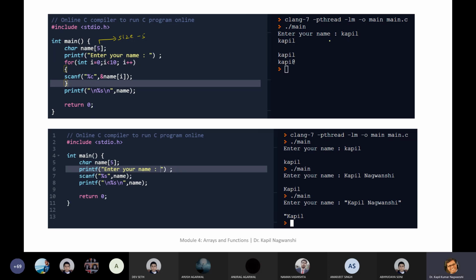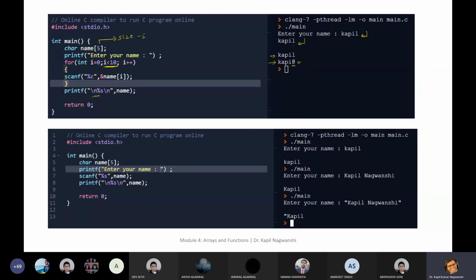Enter your name. I had entered the name first time. So this loop will run for 10 times. So I had written certain things, and now it will be printing the characters. So here I had entered this name, then this name, and finally due to this \n. So now due to this \n, it will display first name correctly. And second, because of one white space character is there. So that's why because of this enter character, this is displayed like this.